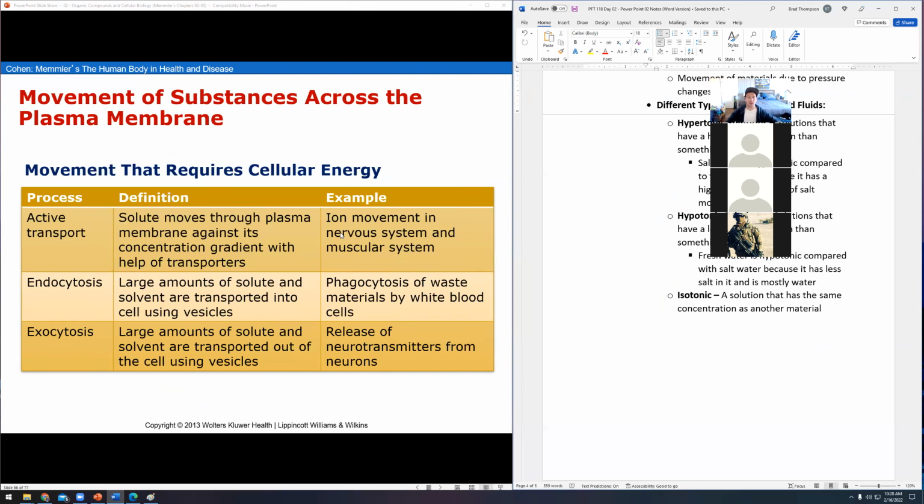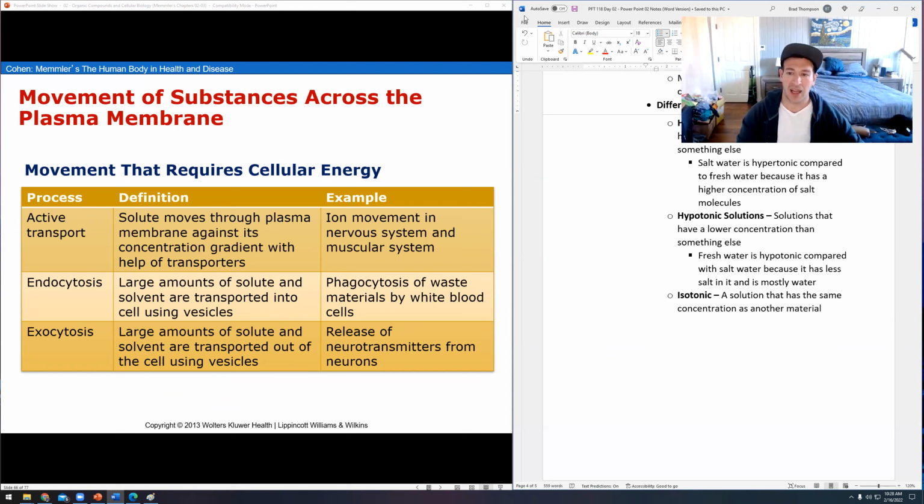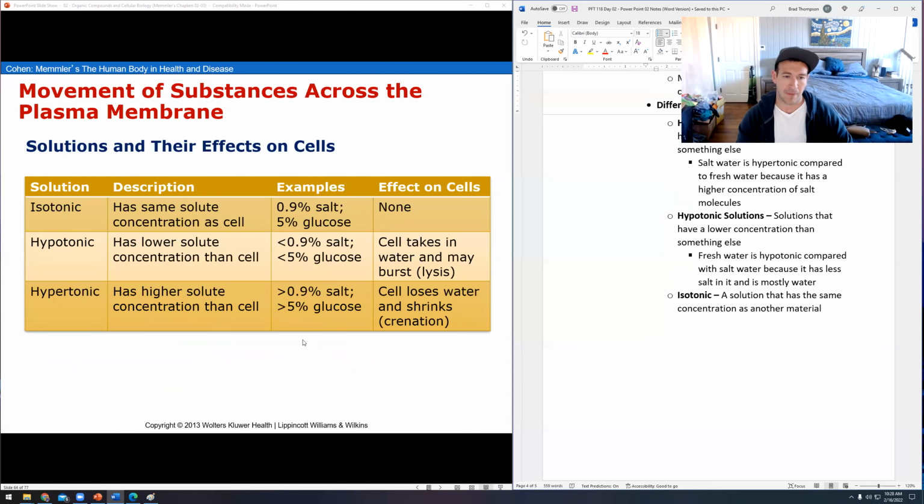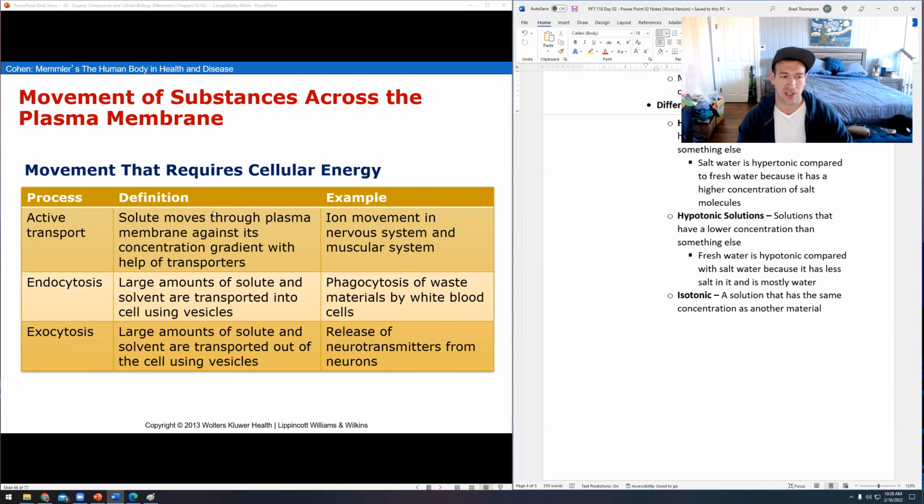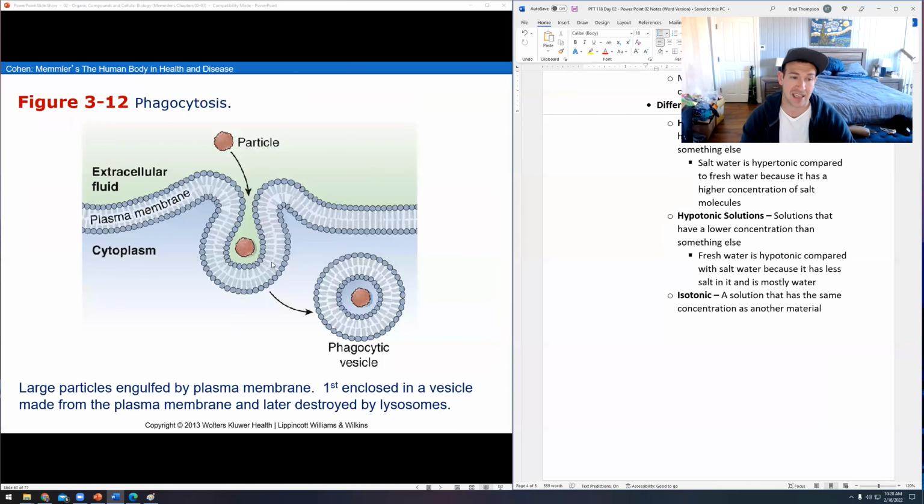So, last little bit, talking about moving stuff around. We saw all of those examples, moving the different filtrations. Your cells are also going to have their own sort of metabolism for getting rid of stuff and eating stuff, right? You've got what is called phagocytosis, which is where a particle will come in, your cell wall will pinch itself off, and then it will basically dissolve that material. That's how your cells digest stuff.